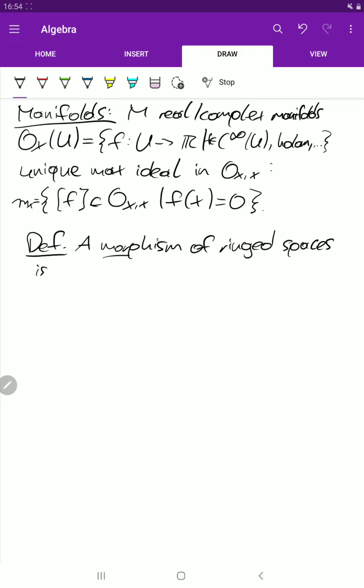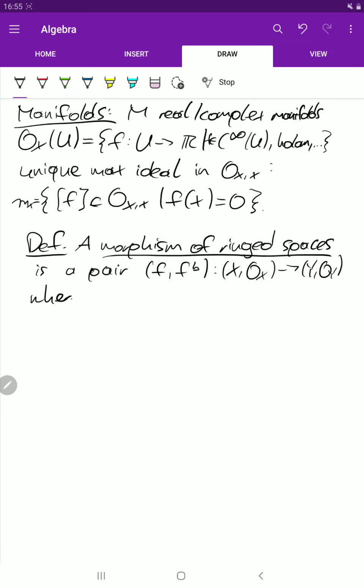So what's that? That's a pair. We'll write it like this: (f, f^b) from (X, O_X) to (Y, O_Y), the structure sheaf on Y. And now we have to specify what we mean by this.